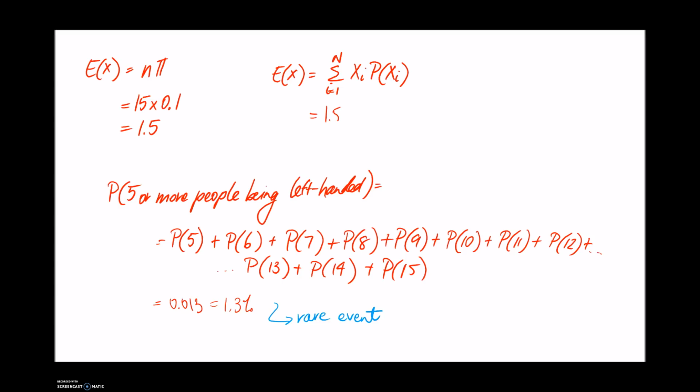So as a result of that, what I would conclude is that there's probably sufficient evidence to say that our friend is wrong and that there is in fact more than 10% of the population being left-handed in this case. So that would be